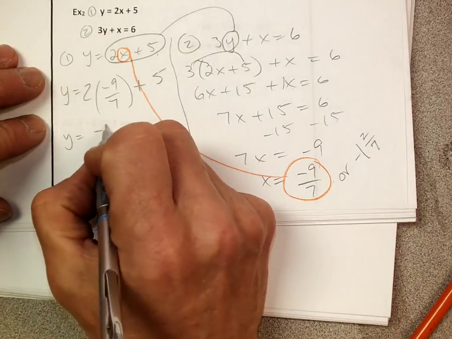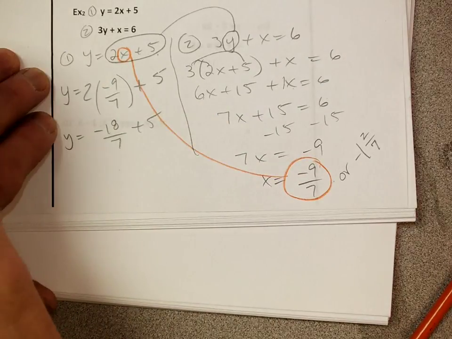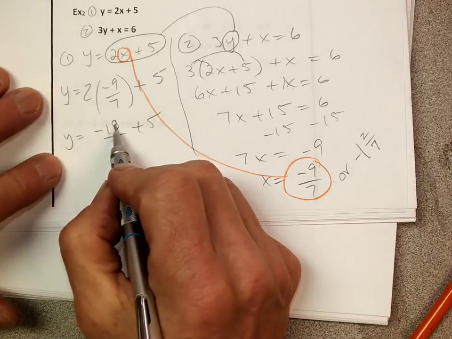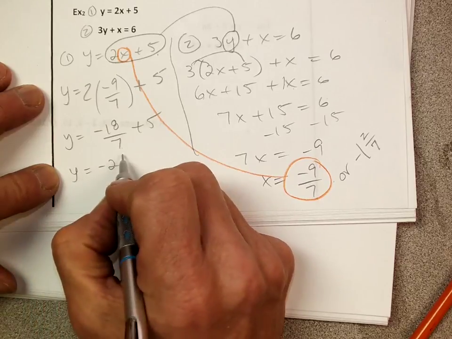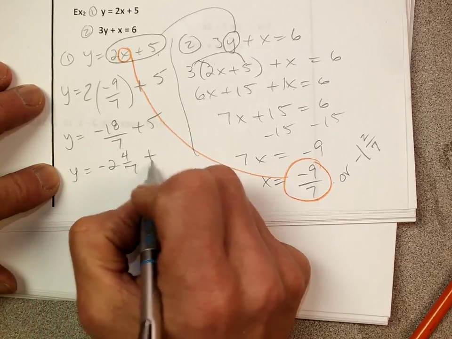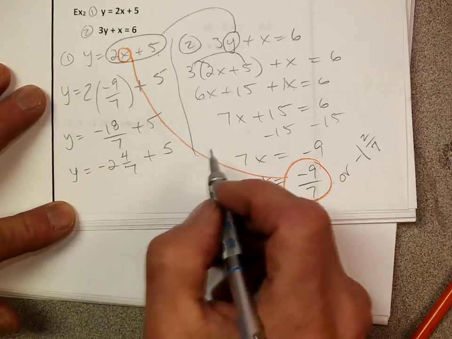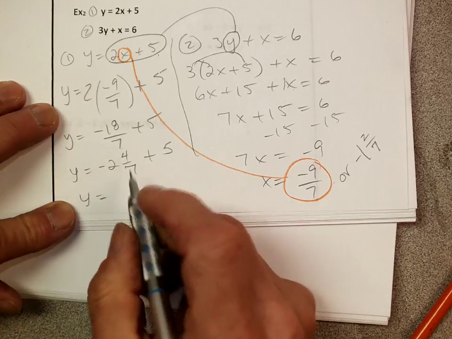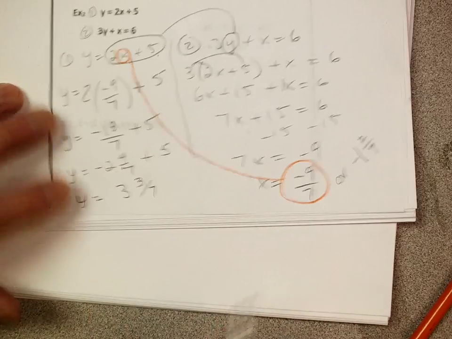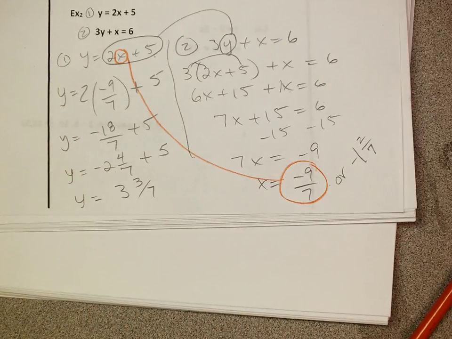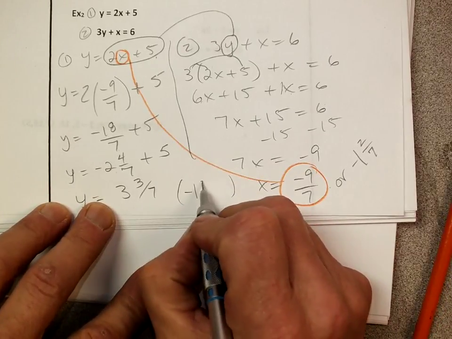y is equal to negative 18/7 plus 5. See, it goes in 2 times with 4 left over. So the same thing as negative 2 and 4/7. Add 5 to it. And I think I'm going to get y is equal to 3 and 3/7. Now, there's definitely an answer you wouldn't have gotten from your calculator. So my answer in point form is going to be negative 1 and 2